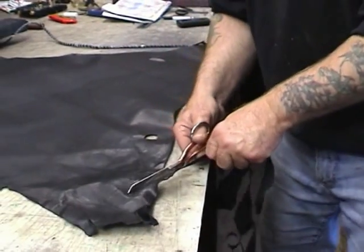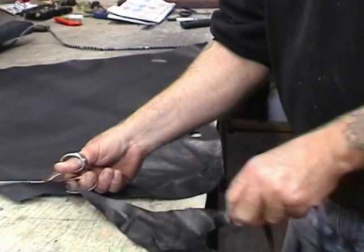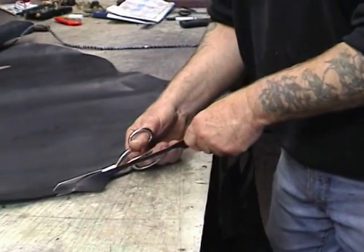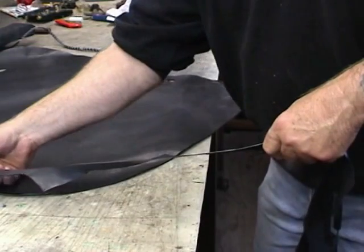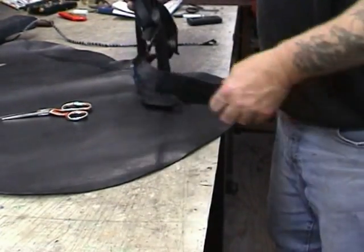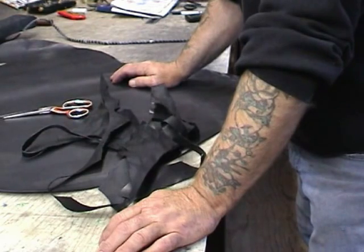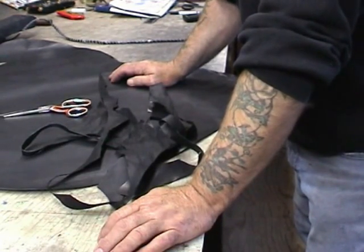Now you can, if you want to, save all these scraps that you're cutting off here. If you want to be really frugal, you can cut short pieces of lace from them and do all sorts of things. But I've found, because I'm doing this full time, and because I'd never find a use for all these little bits and pieces of leather, what I do is just